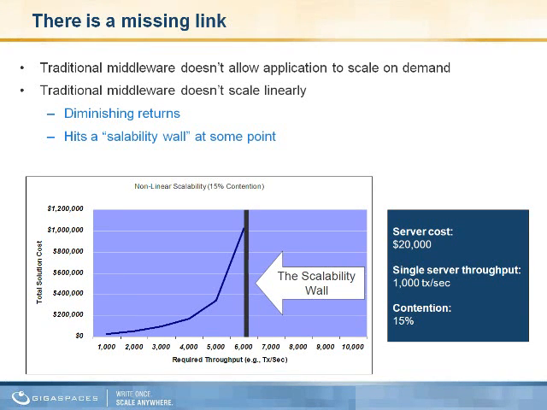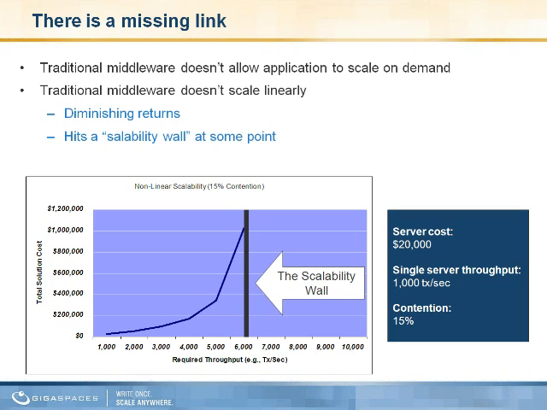However, there's a gap. Applications, the way they've been architected, or are still being architected in many cases, can't just scale on demand. They can't just grow from 4 servers to 20 servers to 200 servers when we want them to, and then shrink back again. They're not architected that way. They're architected in a much more rigid way, and we'll describe why that happens. So one is they can't scale on demand.